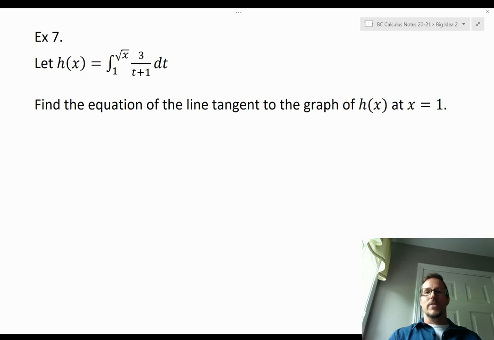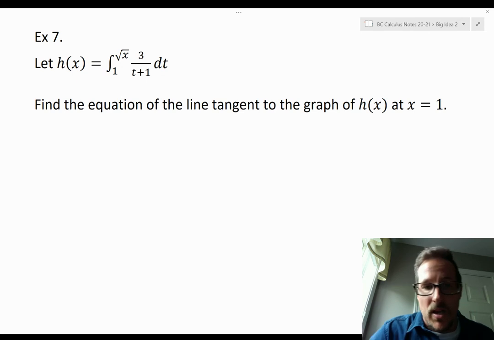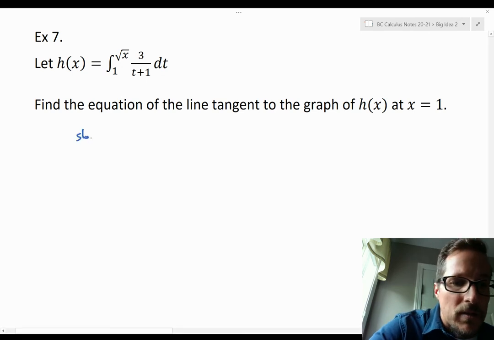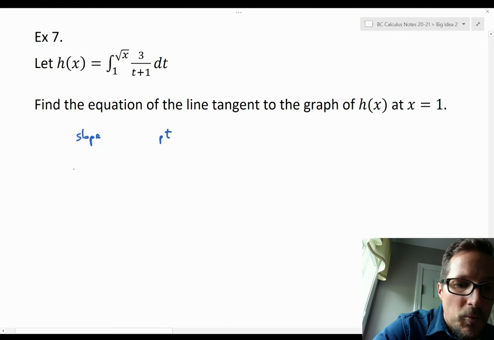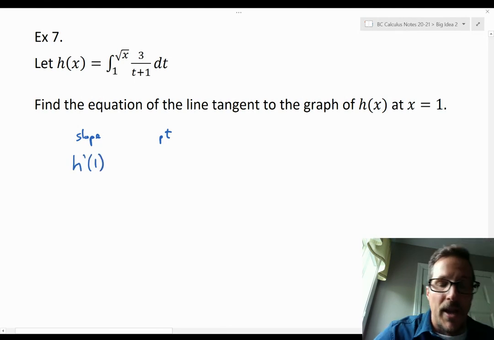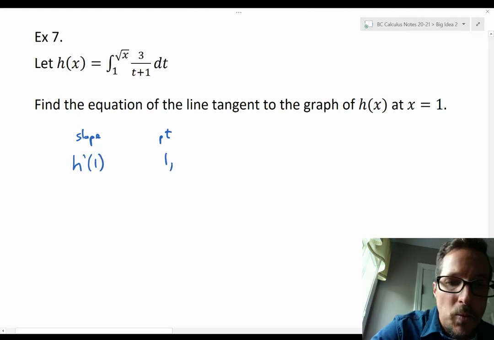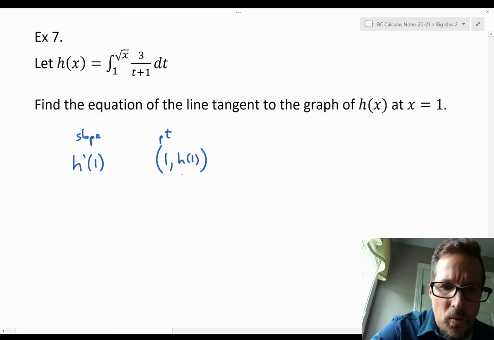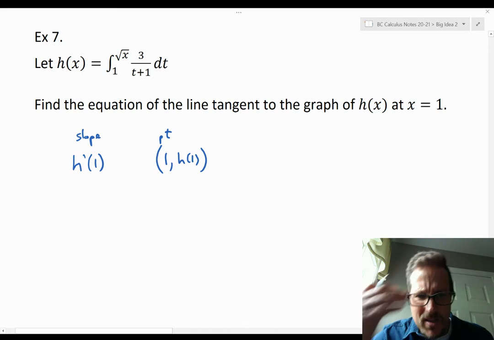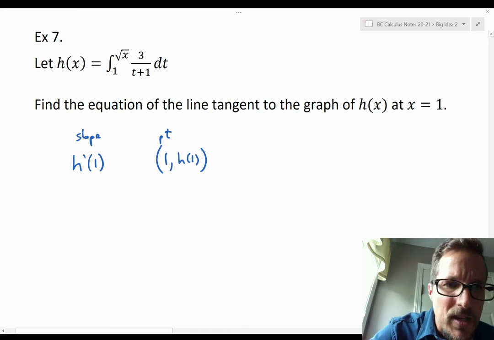Well, I don't know what that looks like. I mean, maybe I could graph it, but that won't help me. My needs for a tangent line are a slope and a point, right? I need a slope and I need a point. So the slope would be h prime at 1, and the point is going to be (1, h of 1). Okay, so maybe I could get h of 1 first. So what is h of 1? h of 1 is going to be the integral